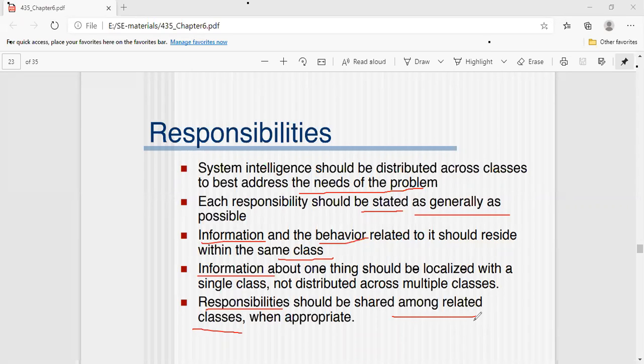Whenever we share these responsibilities between the classes, then we reach the concept of collaboration. The word collaborator will come in between the classes, when one or more classes can work together to fulfill one particular task. Okay, then this is possible by using a collaboration between the classes, isn't it?